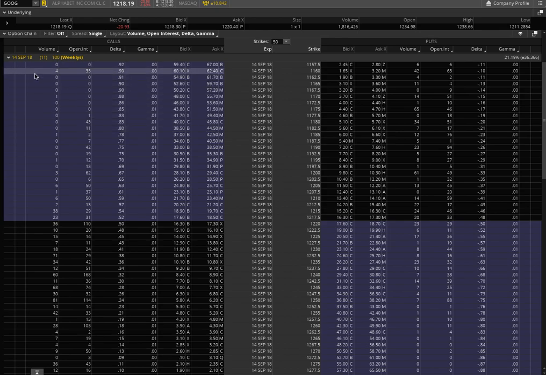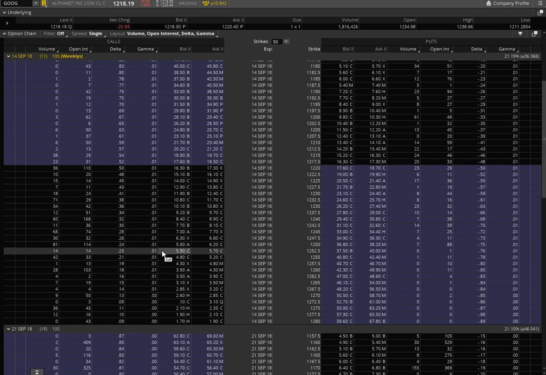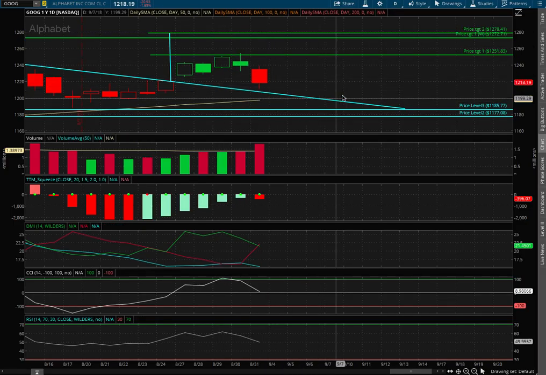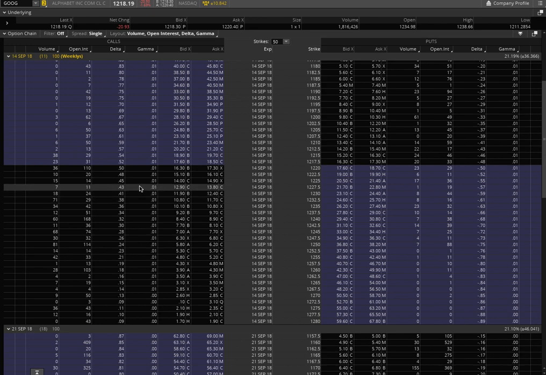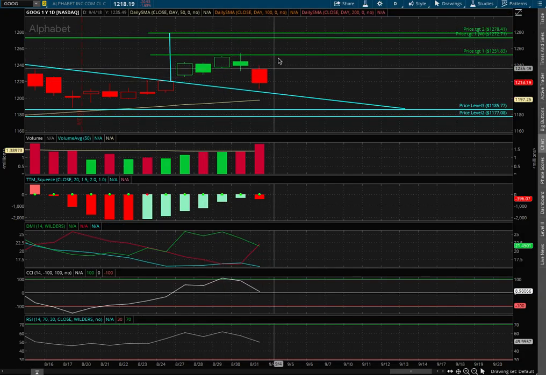And I would be looking at what options I want to buy if I'm currently at 1218.19. I want to get an option that is likely to hit my target in that time frame. So if my first price target is 1251,